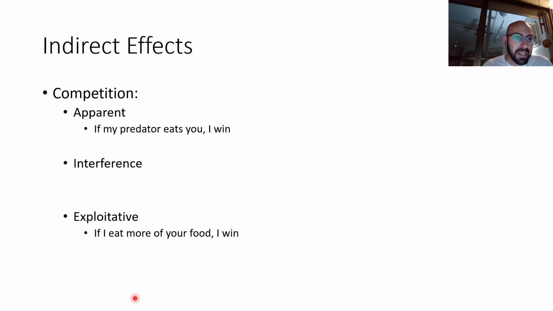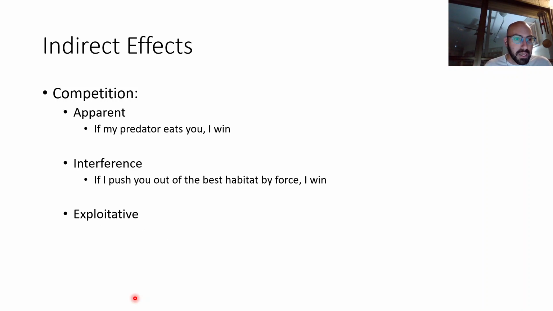Exploitative is if I eat more of your food, you will have less food. So in other words, a competition is not just for light, for example, or space, which is a direct interaction. Instead of that, I am actually eating and consuming your food and thus making you less fit. So one species impacts the other by consuming its food. And last, we've got the interference one, which is simply by pushing you out of the space where the resources are. In most cases, that is the most direct way of competition, by saying, if I am here, you cannot be here, and I've pushed you out of your habitat or out of this environment.